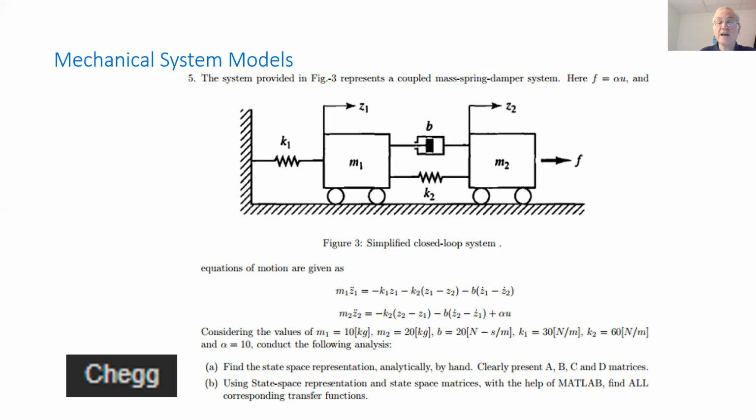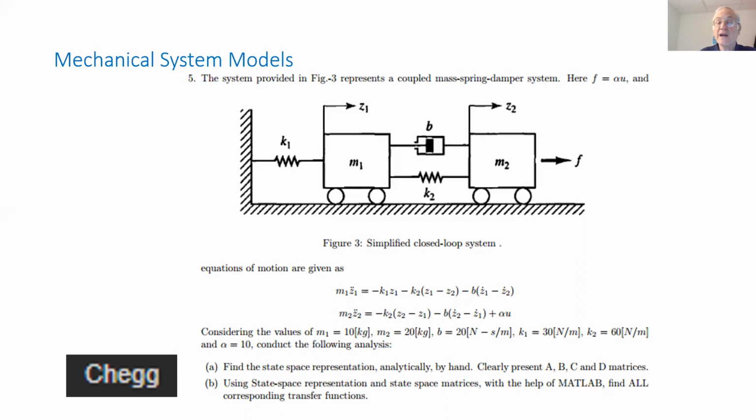Saying that the mass times acceleration of body, free body diagram of body 1, equals the summation of forces. So when Z is in this positive direction, then Z1 times K1 will be a spring force in the opposite direction. And that is why we see over here minus K1 Z1.